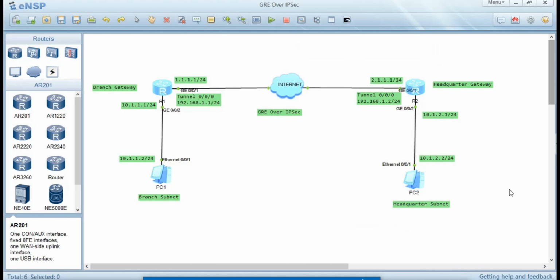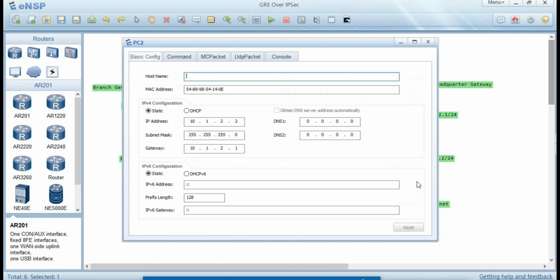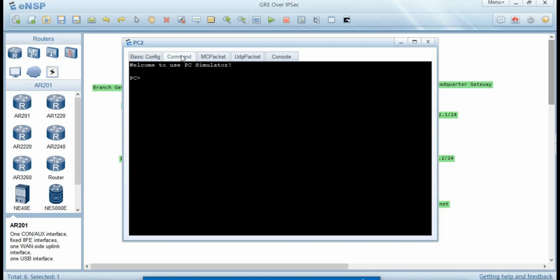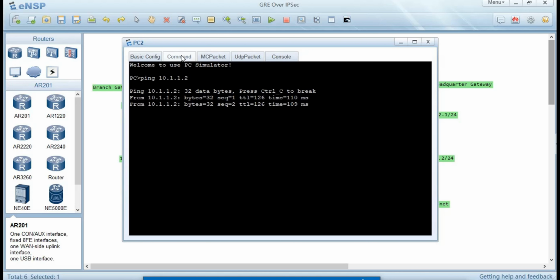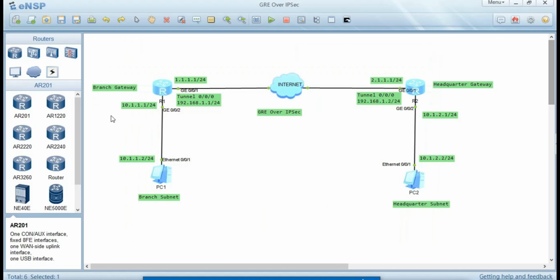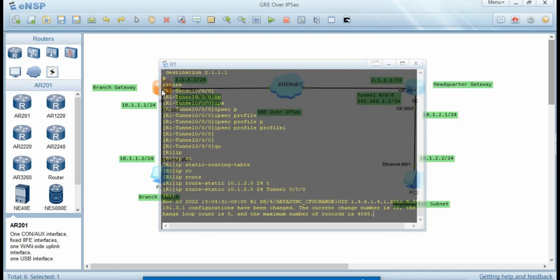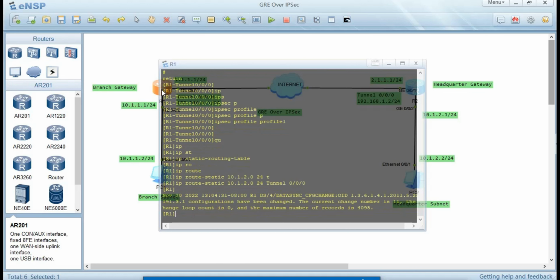Let's see if it's two-way. While on PC2, let's ping PC1. So ping 10.1.1.2. And it's able to reach PC1, meaning that the link is active. Now let's see if our tunnel is up. So if our GRE over IPSec is up, so display